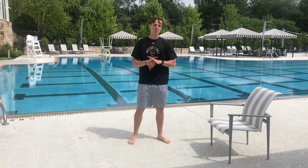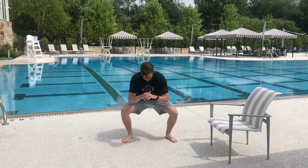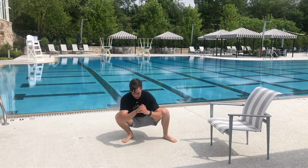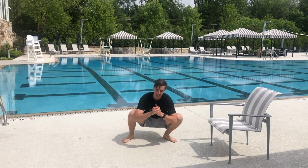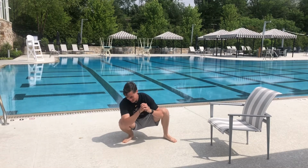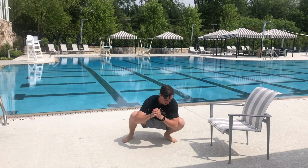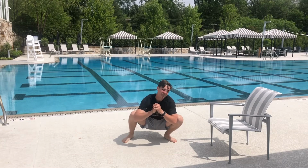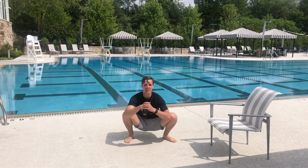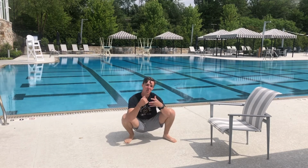When I say a deep squat, it's going to look different for different people. For me, a deep squat, I can get pretty low. I'm just going to hold it. I can rock back and forth over one ankle at a time to loosen up, right? I can really focus on one ankle, move my knee in and out, lean over the other side, trying to keep that heel down, right? So once you're here for a minute or two, just kind of getting loose and seeing what you can do,